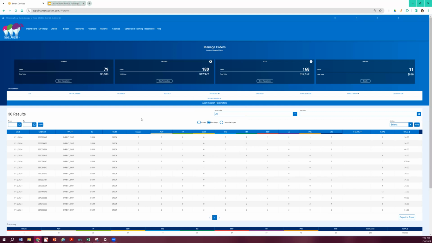So here's her direct ship, and everything's direct ship. So these are all the troop direct shipped orders that have come in. So pretty much you can click and see everything. The only one you don't need to see is that CS donation. I don't know what that is, but